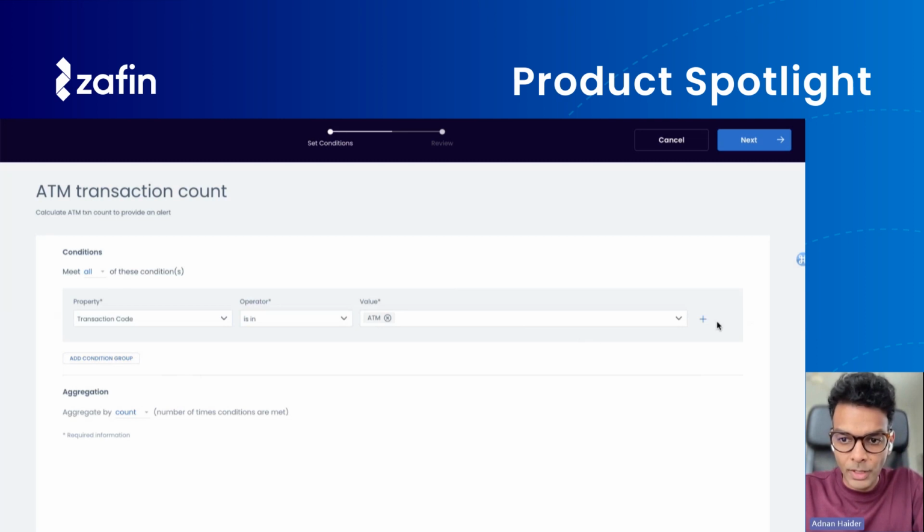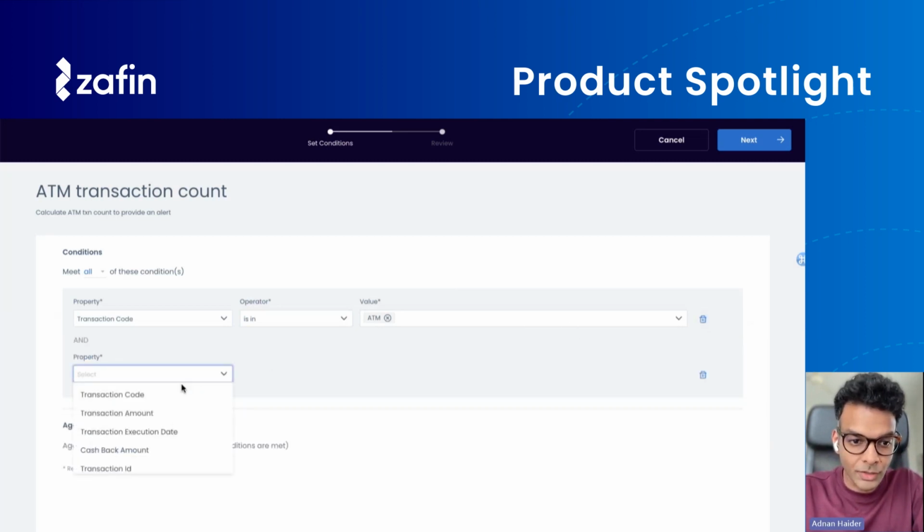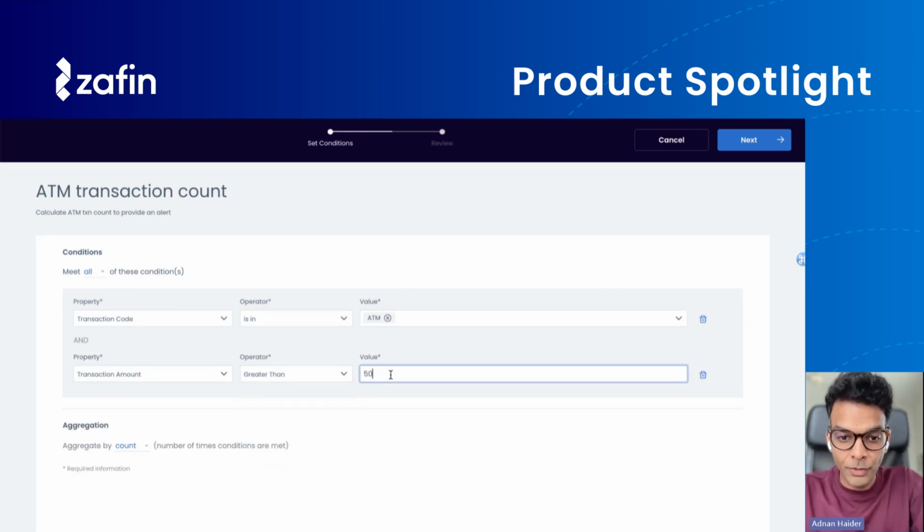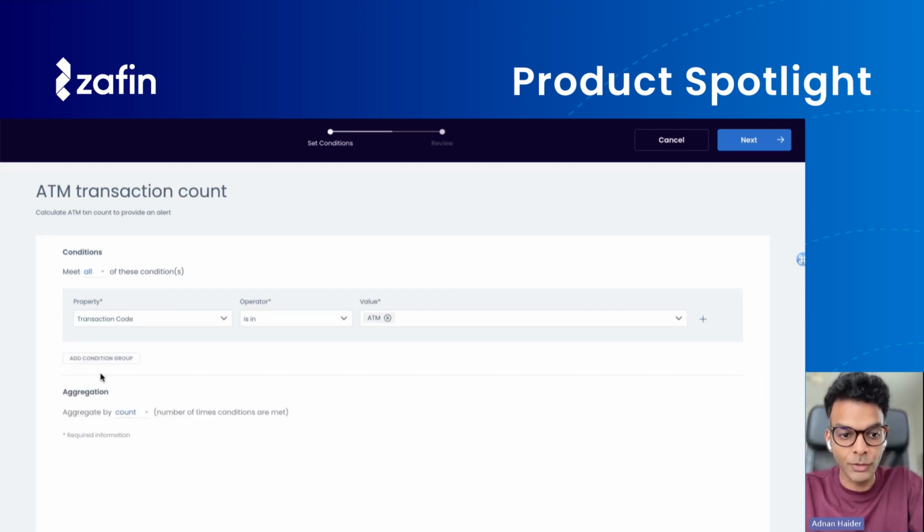What you can do is you can add transactions. Let's say you want to have ATM transactions that have a value of greater than like $50, right? You could do that and it's just going to work, and it's highly expressive. You can combine this in many different ways. But in this case, let's keep it simple. ATM transactions. You want to select ATM transactions,